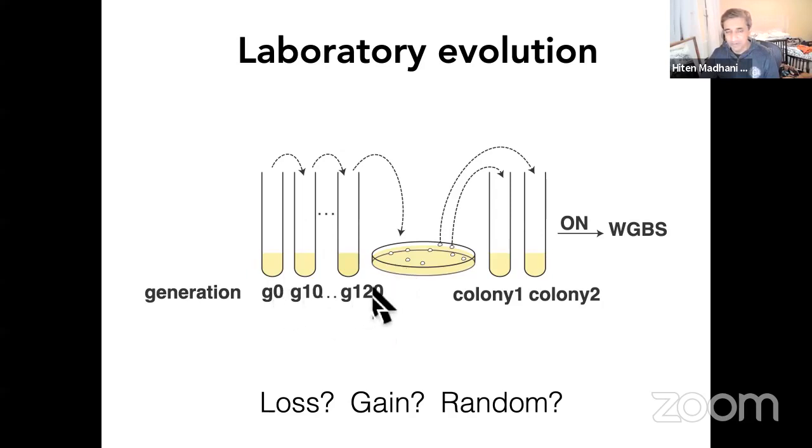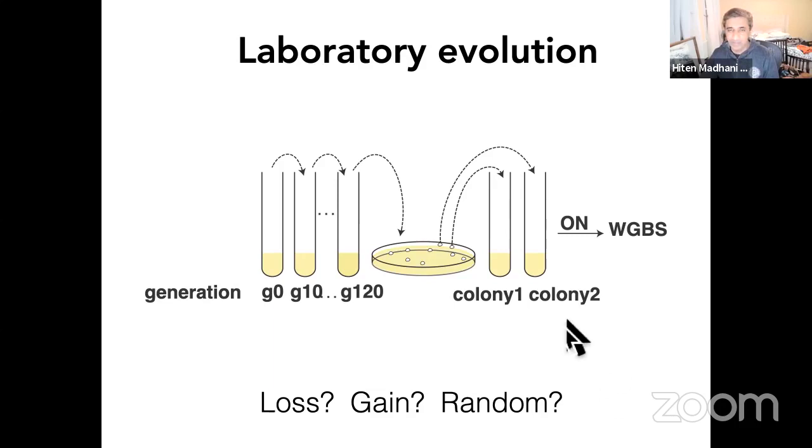So we grew it for 120 generations, without bottlenecking, and then took individual colonies, the progeny of individuals, and grew them up just enough so that we could do whole genome bisulfite sequencing. And we did this in replicate, and we did this extremely carefully, so we could really measure quite accurately whether methylation had been lost or even gained during laboratory propagation, and whether